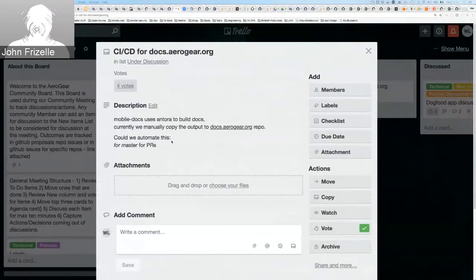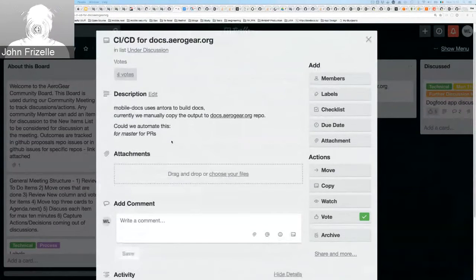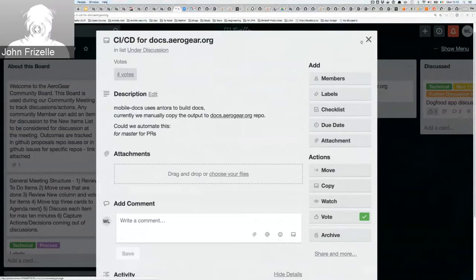So I think this would potentially fall into that larger discussion. But without the person who created the card here, maybe we should just leave it at the top of the agenda until I might be able to add a bit of context.